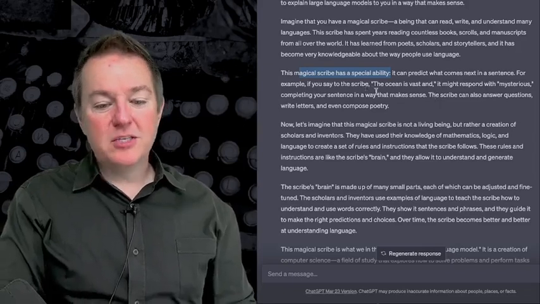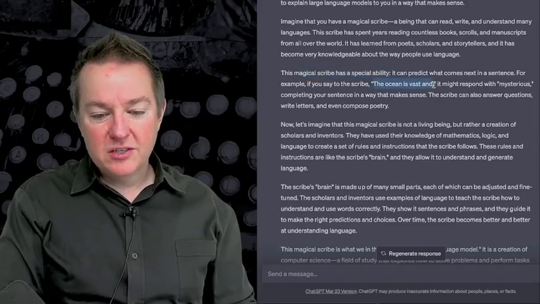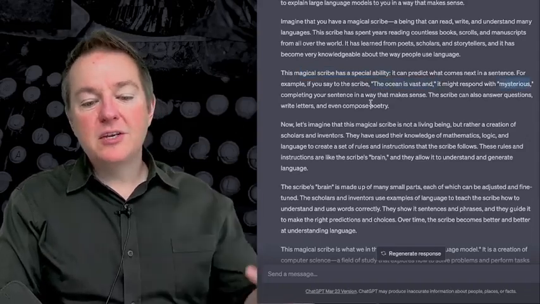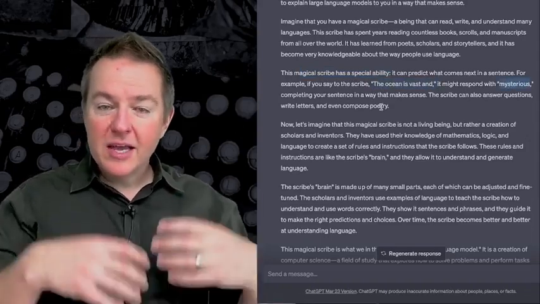For example, if you say to the scribe, the ocean is vast, it might respond with mysterious, completing your sentence in a way that makes sense. And so you can see